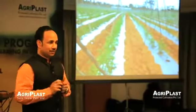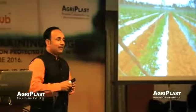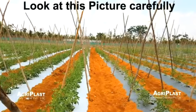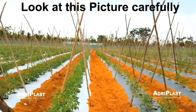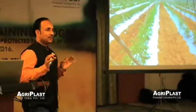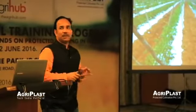Now this is the picture that you see. Nothing changed here. In this picture, practically the only change you can see is the color of the plastic. That's it. The cost of the plastic is the same, the brand is the same, the make is the same; only the color of the plastic is different. The result on the field is different. What happened? Now if the farmer just knew what color of mulching to use, probably he would have got a phenomenal result